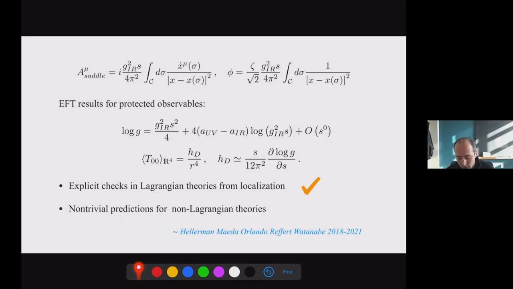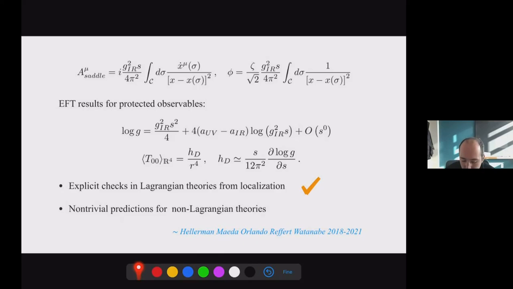And the reason why I'm telling you this is that, of course, for N equals 4 and N equals 2 with 4 flavors in the fundamental, for instance, we can explicitly check these predictions against exact results from localization, even at strong coupling, and we find perfect matching in the large N limit. For non-Lagrangian theories, these equations are predictions instead, and they're harder to check from localization. Some cases are probably possible, but based on the agreement that we had in all the cases we could study from localization, we believe they're correct. Let me also mention that this story is remarkably similar to another story developed by Luca Delacretaz and collaborators in the past years.